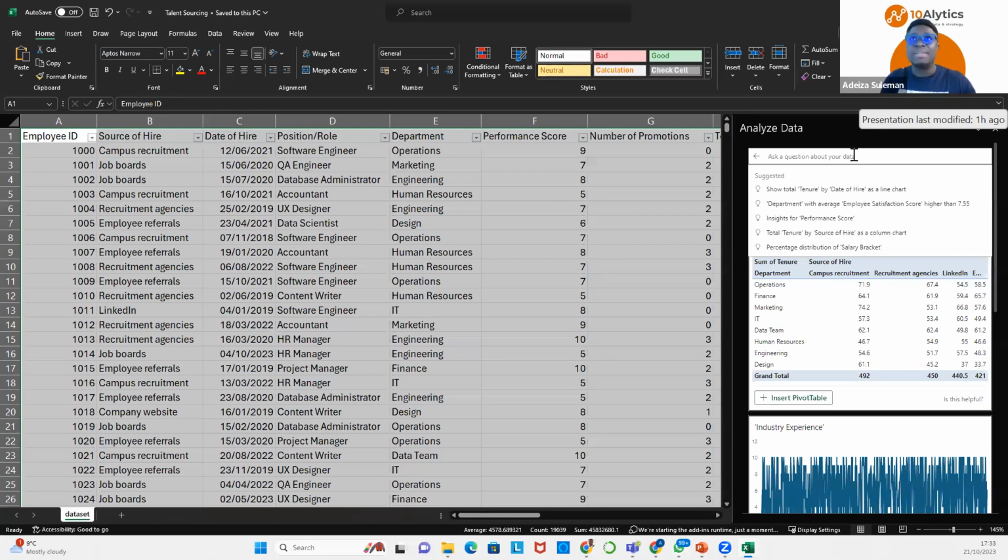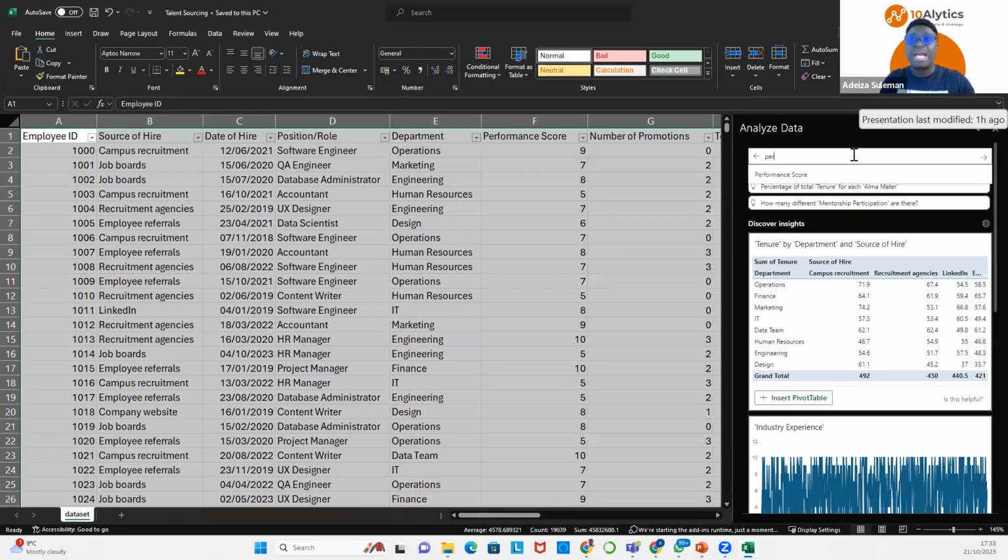So I'm going to type that in, performance. And as I'm typing it in, you'd see the drop down that says performance score. So I'll click on that. So performance score by, okay, performance score by what? Source of hire. That's what I want Excel to give to me. So I type that in, performance score by source.